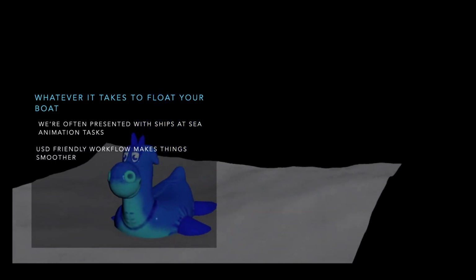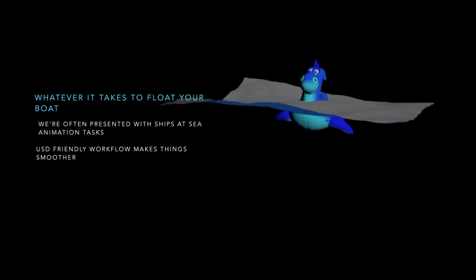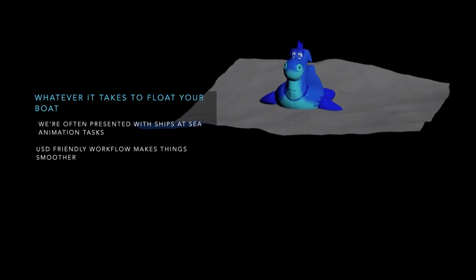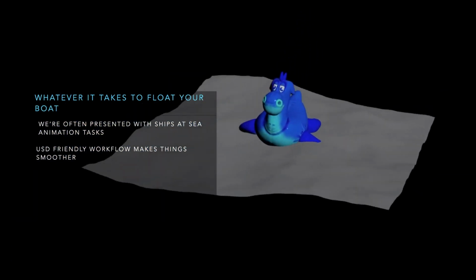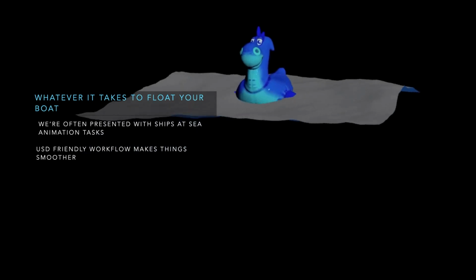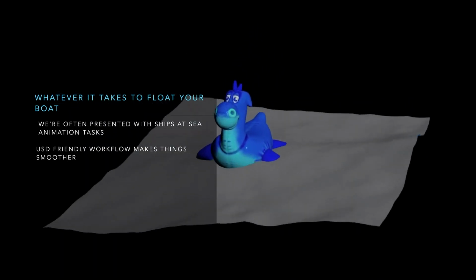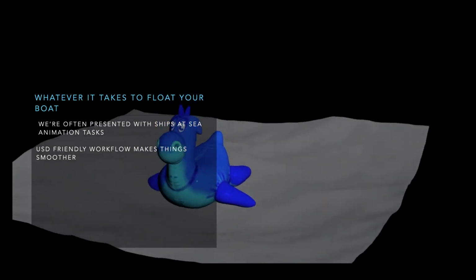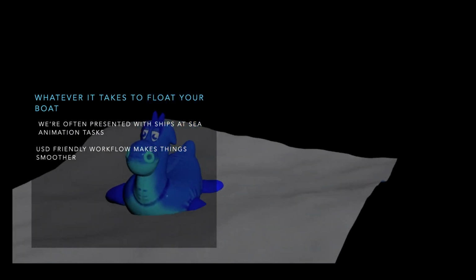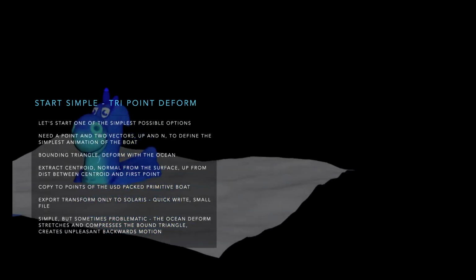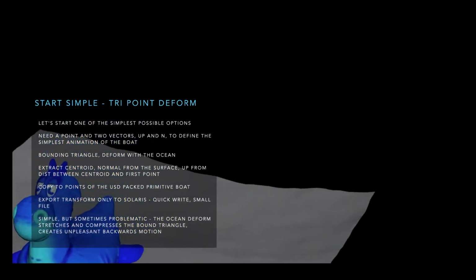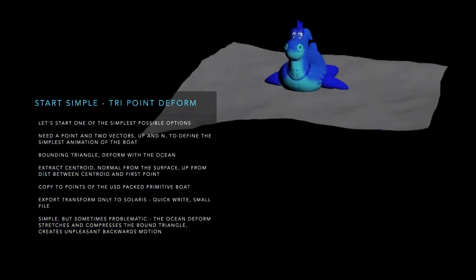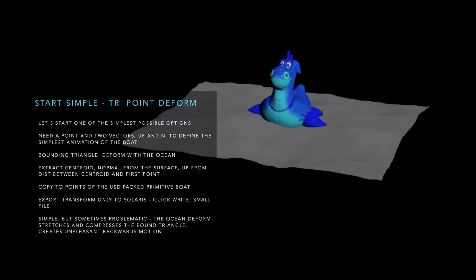This kind of stuff, being hand animated, is not a forgiving task, so doing something procedural was a good thing to have. Besides that, we had something which we inherited from a previous workflow, but it was not very user friendly, so an update was necessary. So the simplest thing that we could come up with was to just get